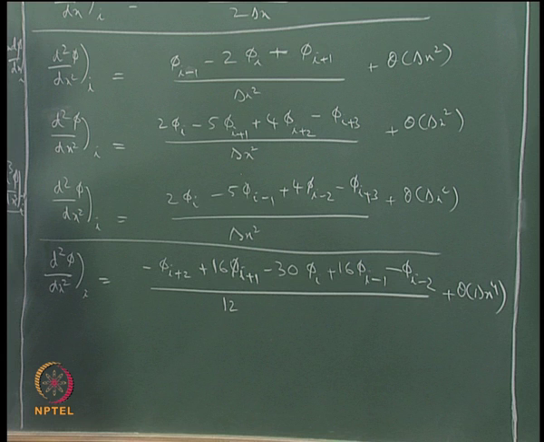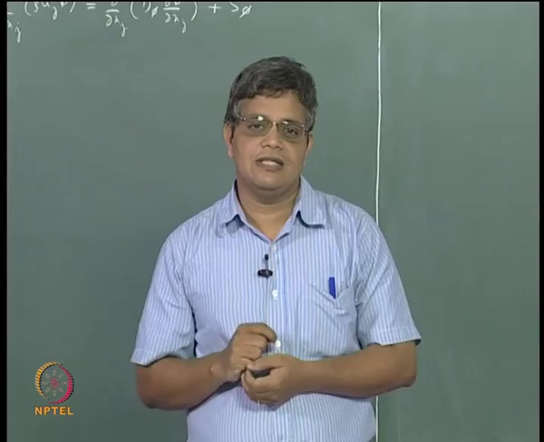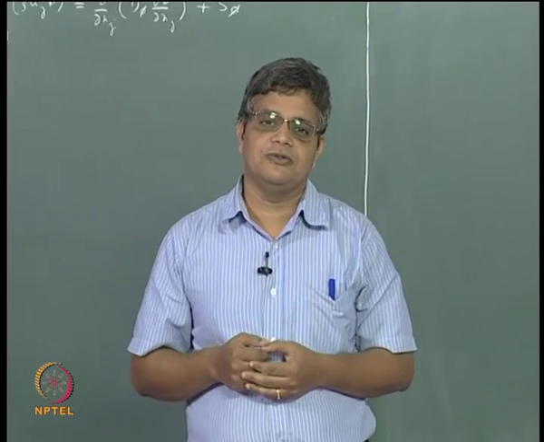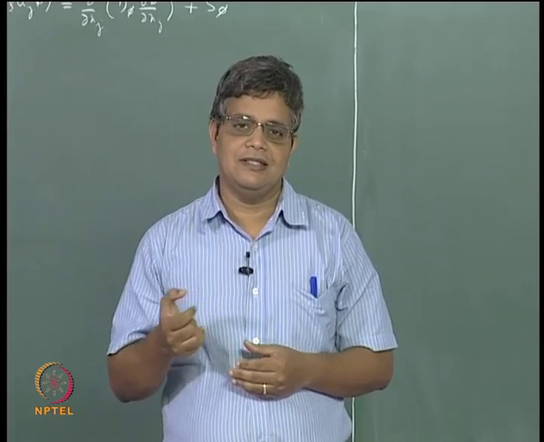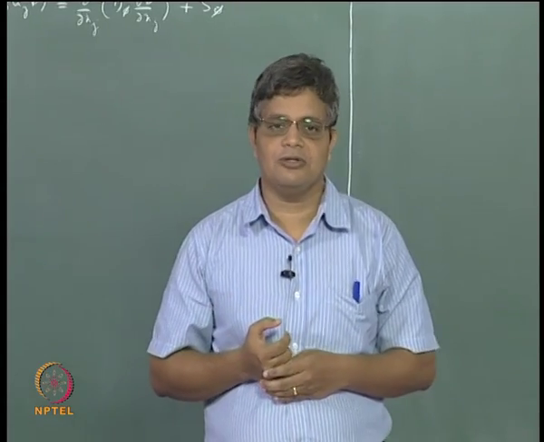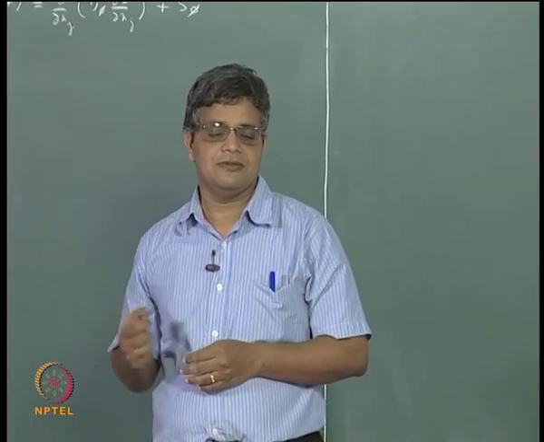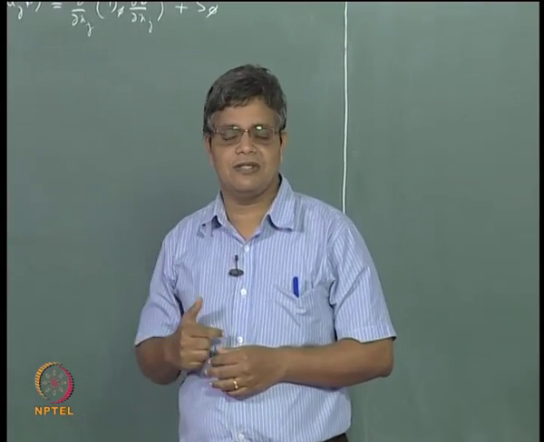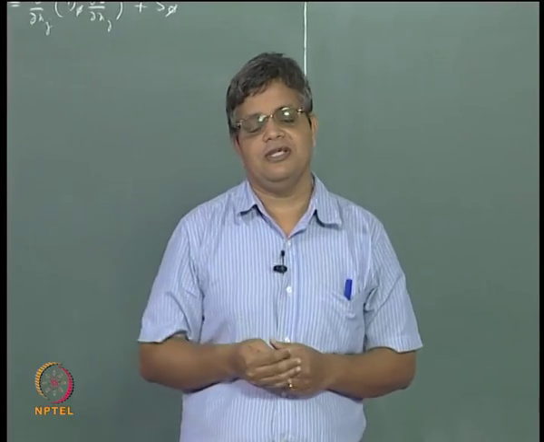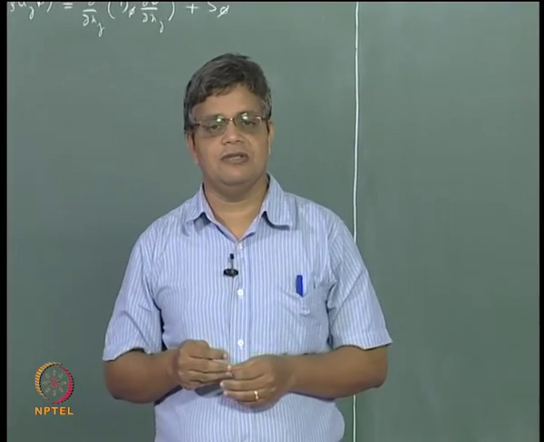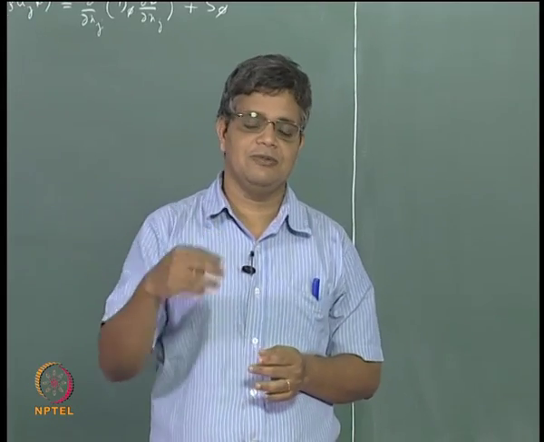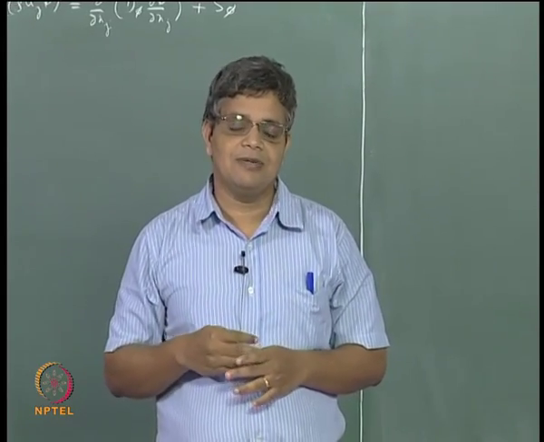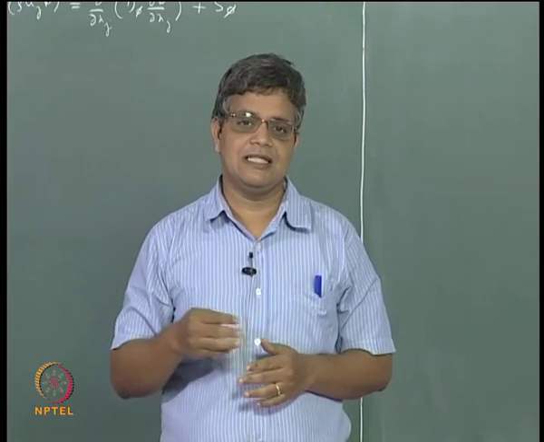Okay. So, in this way we can get approximate formulae for any derivative, any desired accuracy, which is applicable right now for uniform spacing. Okay. With our capability now to represent any derivative with an equivalent finite difference approximation, we are ready to discretize our Gaussian equation, but we need to do some more things. So far we have been talking only about d phi by dx, d square phi by dx square, d cube phi by dx cubed and so on, okay, but sometimes we also have to deal with mixed derivatives,